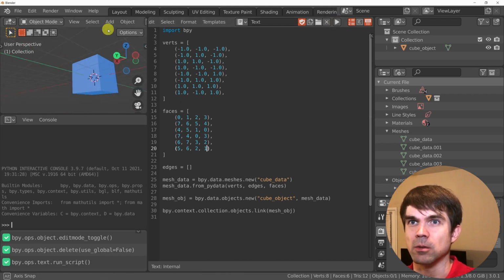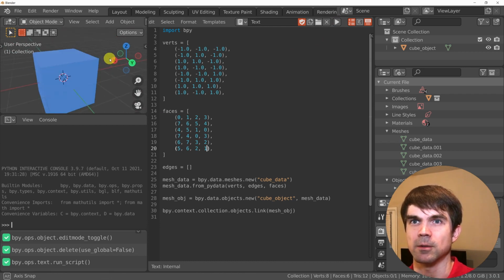As you can see, you have a cube, and all the sides are in the correct orientation.